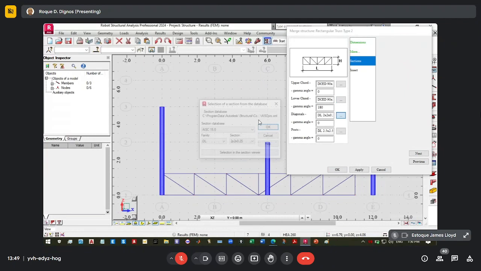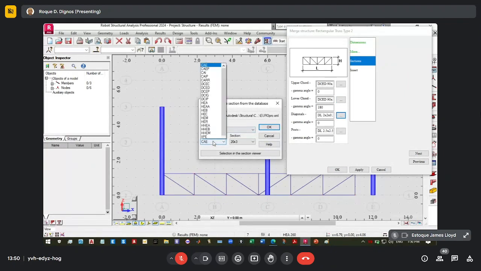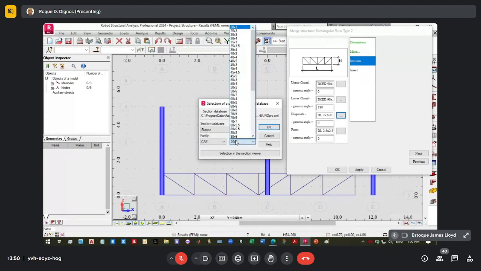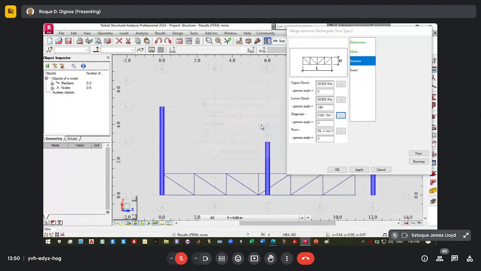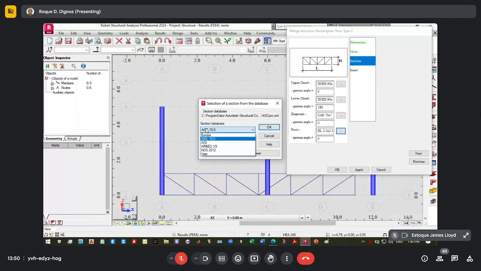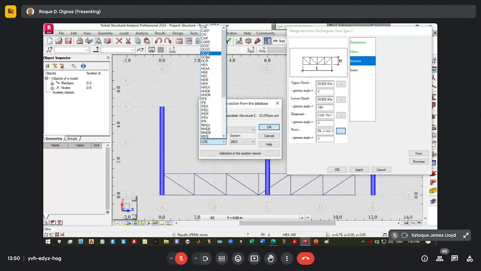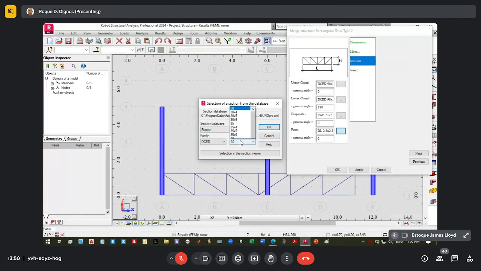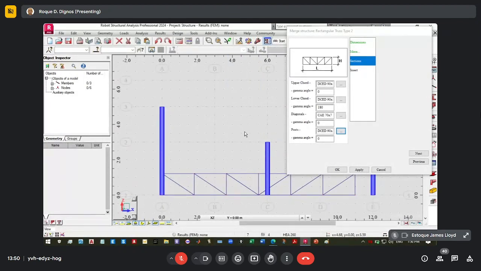And for the diagonals, we have CA 70 by 7, and the post the same with the top chord or bottom chord section. So we have the CED 90 by 10, and then okay.